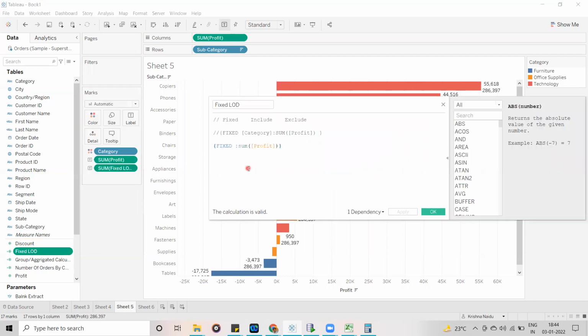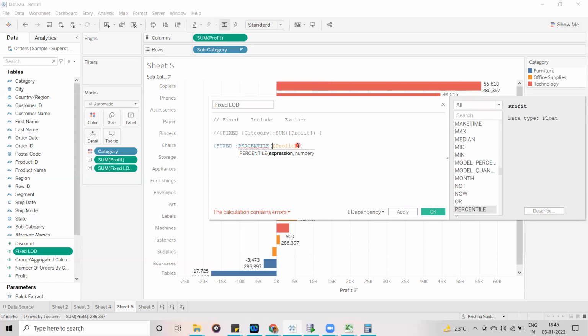Now tell me what I have to write. Do we have a function for percentage of profit? We have percentile, but percentage and percentile are different cases. Don't get confused; I will explain the difference between both.